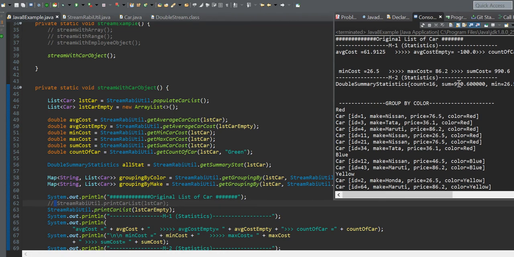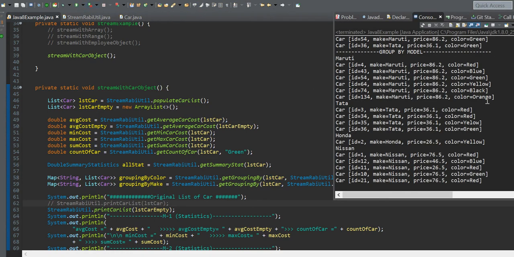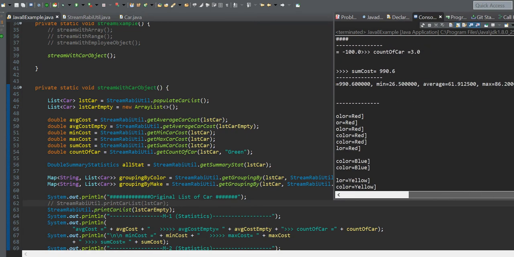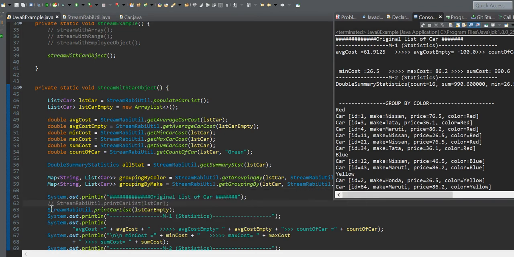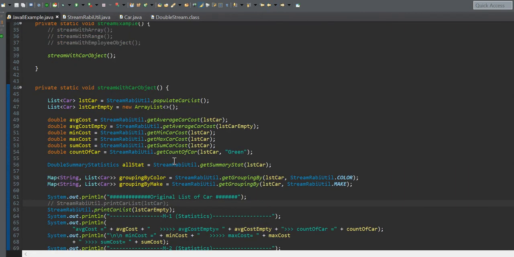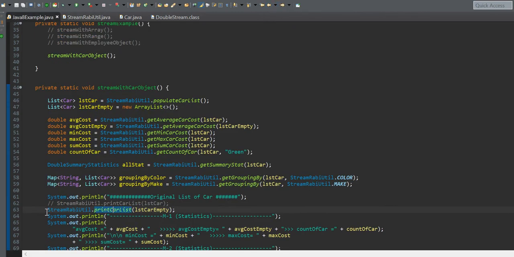So with a list of empty car, it will print the original list of car. You will not find anything here. Okay, so you can handle it. List of car, print list, print car list. Okay, sorry, I'm wrong. Here I have handled it for